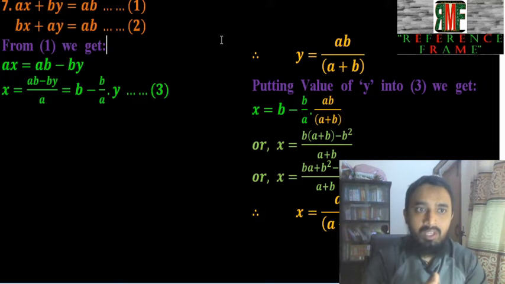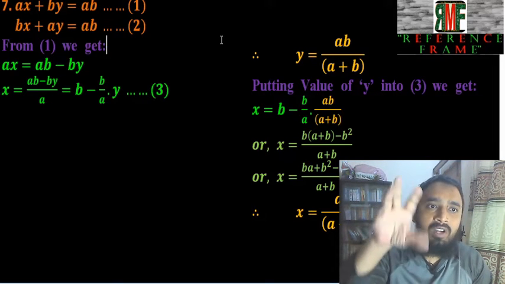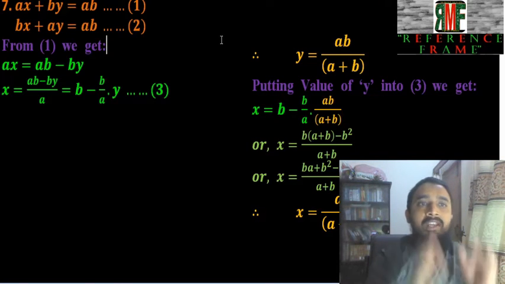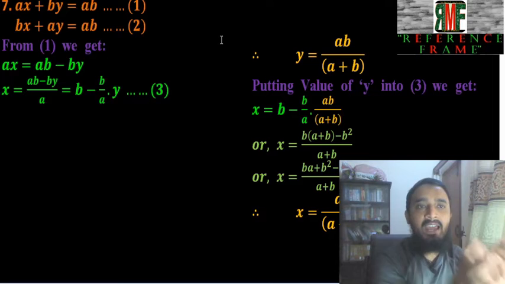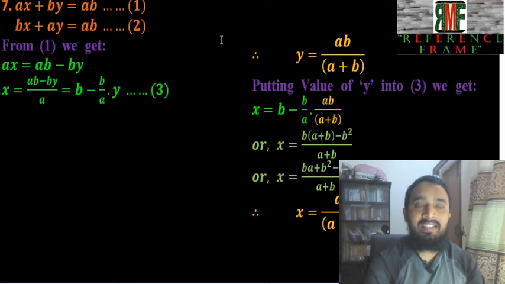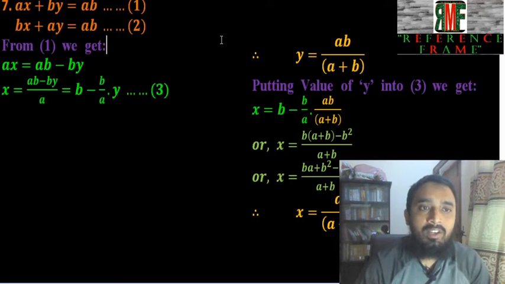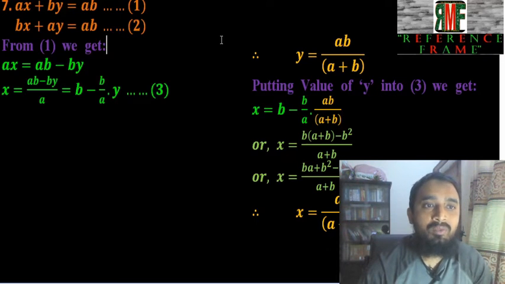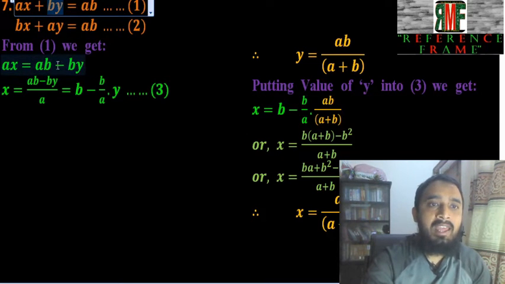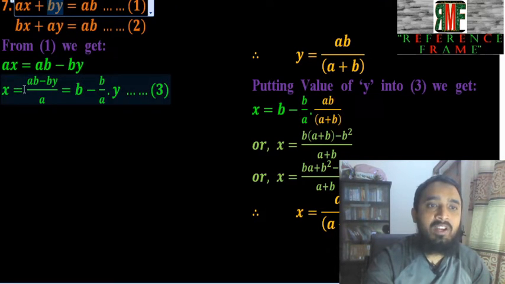Similarly, we need to focus on a variable to substitute. Again, we are focusing on x to substitute, so we'll keep x on a single side and the remaining on the other side, as we mentioned earlier in the basic level. So we consider the first equation. From the first equation, ax, if we move this by onto the right hand side, is going to be ab minus by by the transposition law. So x is going to be ab minus by, divided by a,